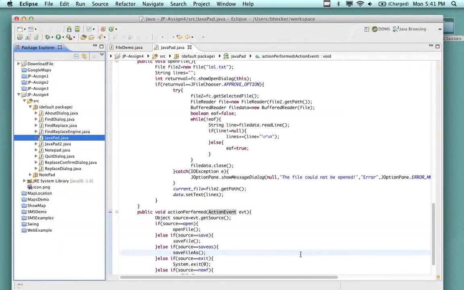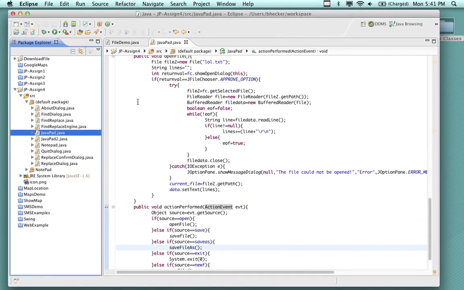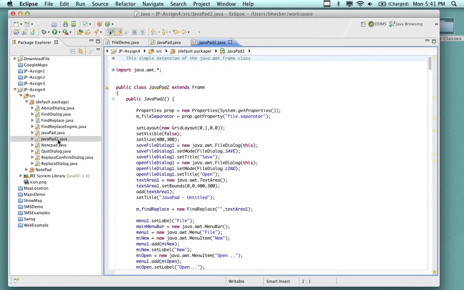Questions on the first example? And exit's just exiting the program. Alright, then moving right along. So if you want to take it up a notch,